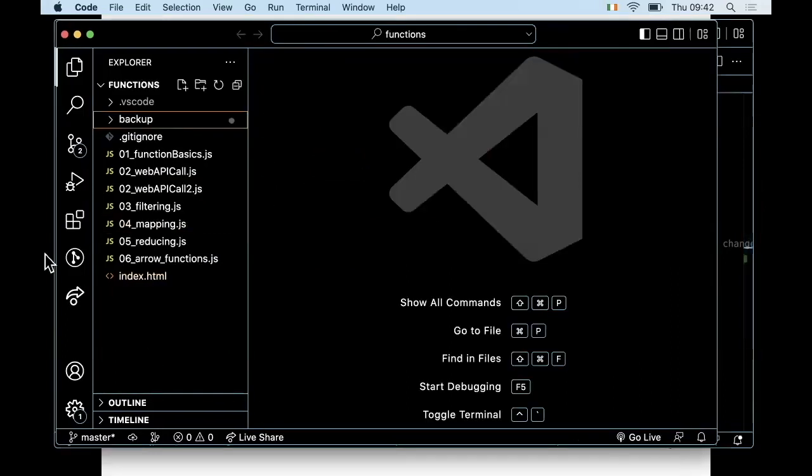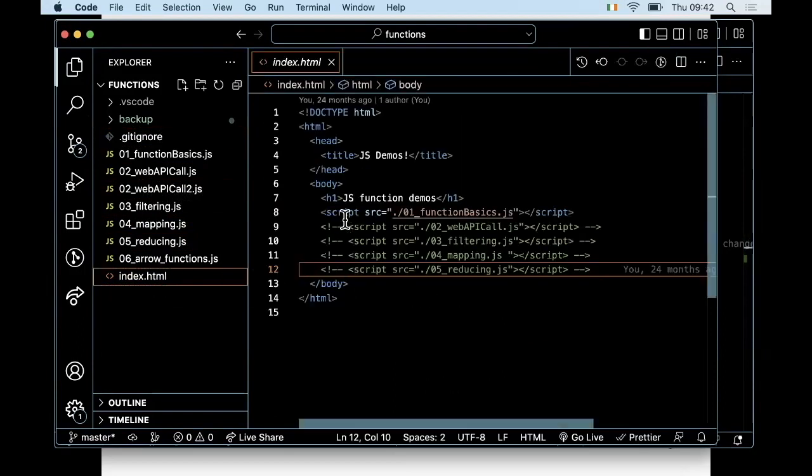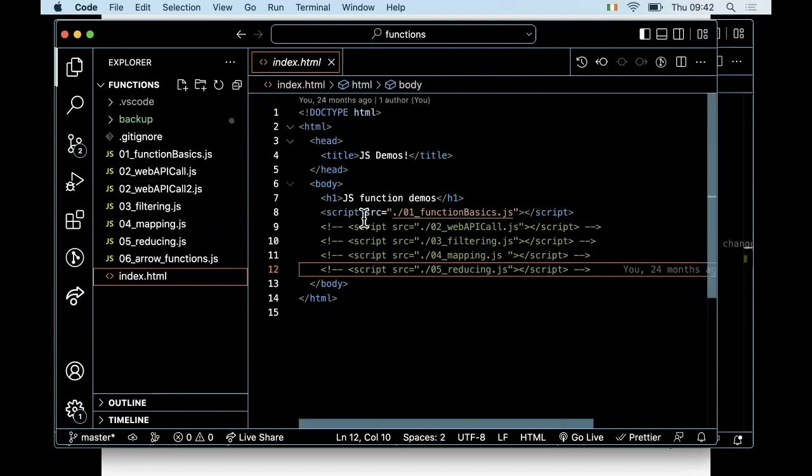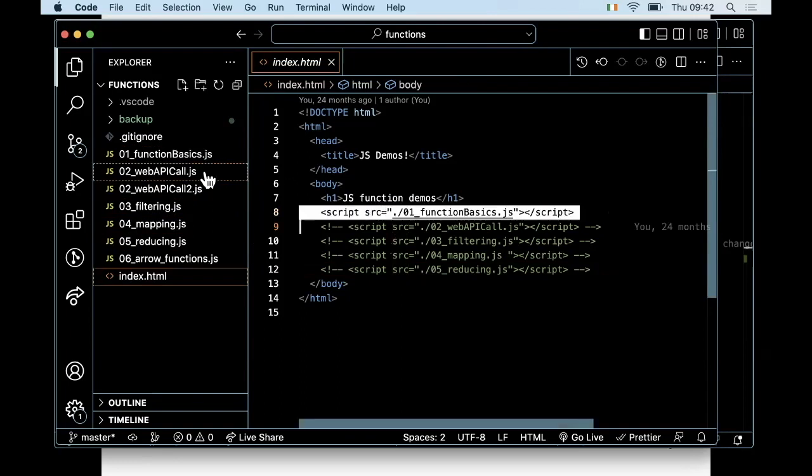this. You won't have a backup folder, but you'll have everything else. So it has the same kind of layout as before, really. I've got one index.html, which looks similar to before. It has a whole load of script tags, and the idea is that you enable them as you walk your way through the scripts to develop your understanding of various aspects of JavaScript functions. And I've got some JavaScript files. So if we look at this one here,